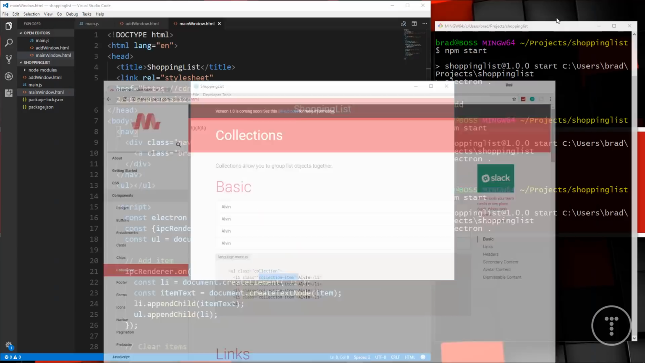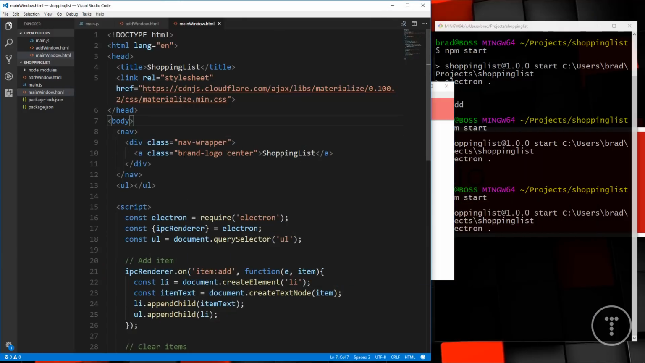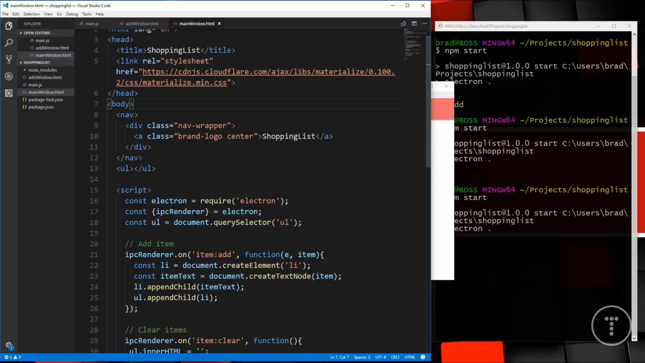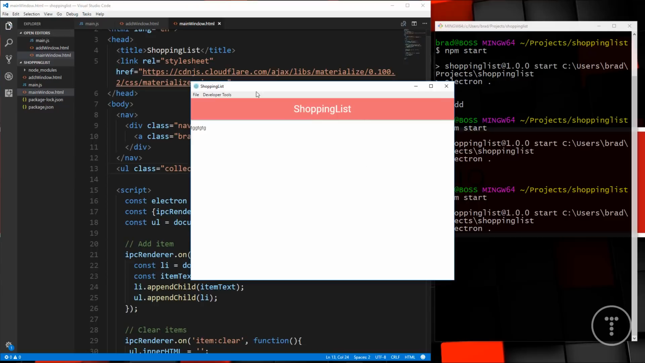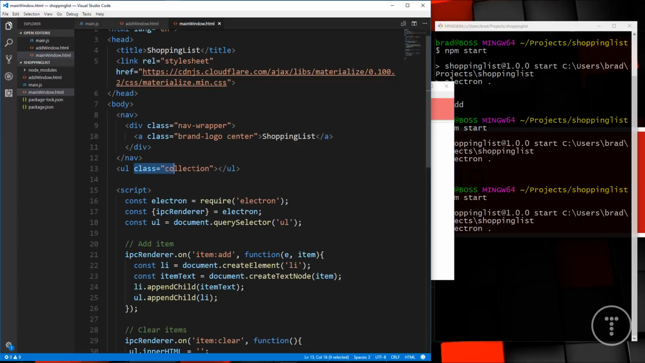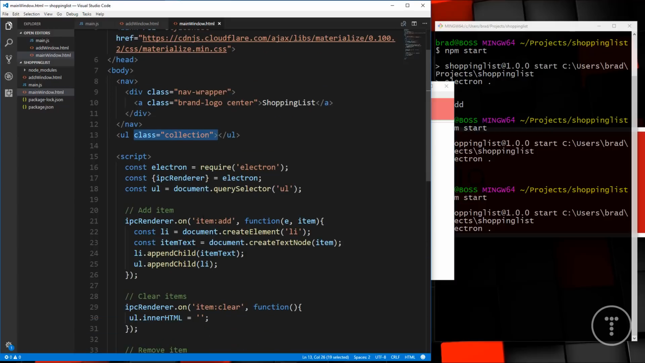look like this. So what I could do is I could just go to the UL right here, and I could say class equals collection. But if I do that and if I reload, you'll see there's this line now because it's showing the collection even though there's no items in it. So it's just like this blank line, and I don't want that. So what I want to do is I don't want this class applied until there's actually an item added. So I'm going to remove it here,